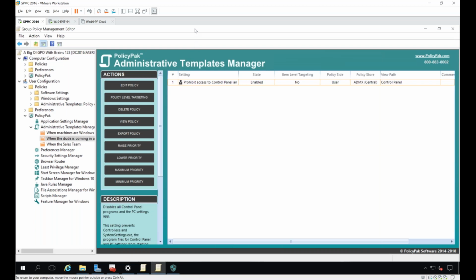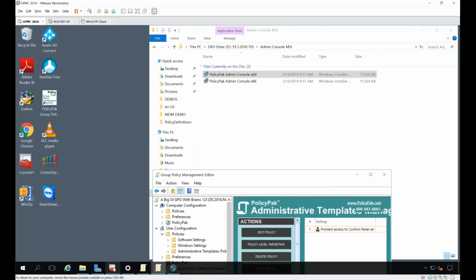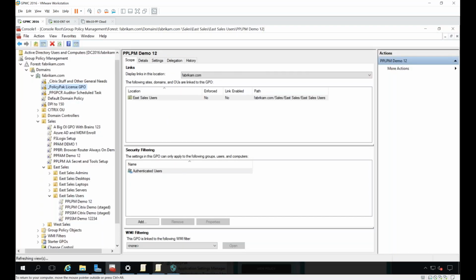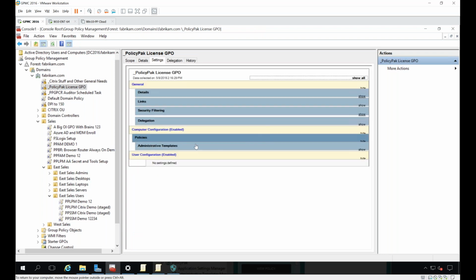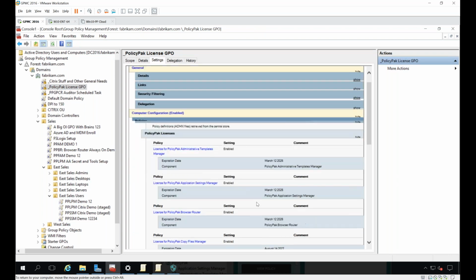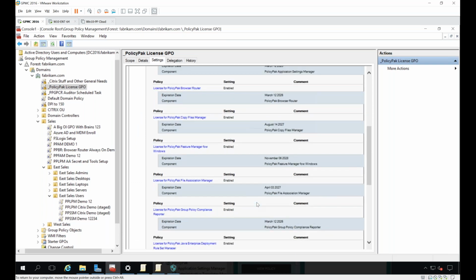The last thing that you need to do is there's a group policy object that contains the licenses, which is right up here. And it's very simple. You just right click, consume licenses, and bickety bam. The licenses per component show up here in the GPMC report. I just want to show you that they're here. And there we go. If we go take a look, they're all hanging out there. Those are the licenses, and that's all there is to it.